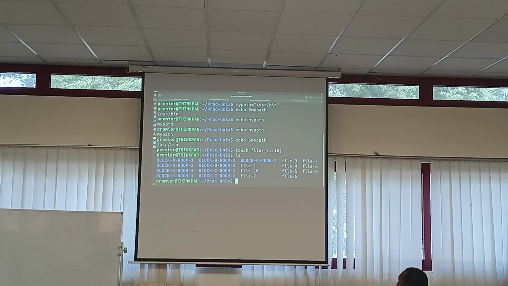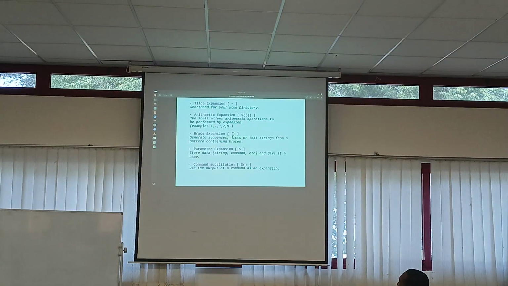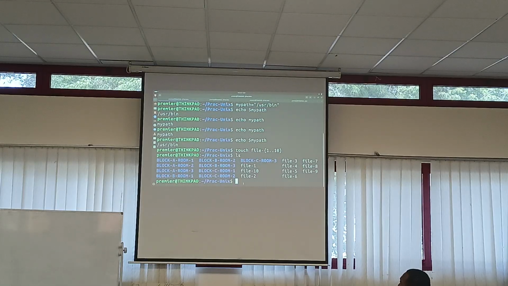Let's see an example of a command substitution. The command substitution has to do with the shell using the output of a command as an expansion or an input to another command. We could use echo, but we could replace echo with any command we want: copy, remove, find, any other thing we like to do. So let's use echo in the current directory right now. With the command substitution, what we need to do is place a dollar sign, open a bracket, then